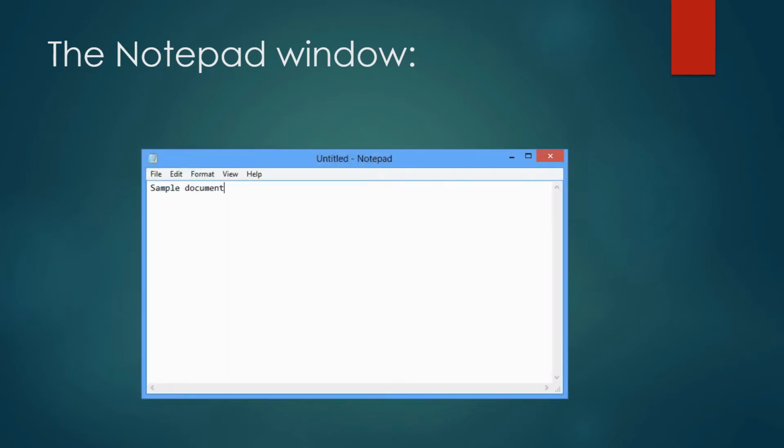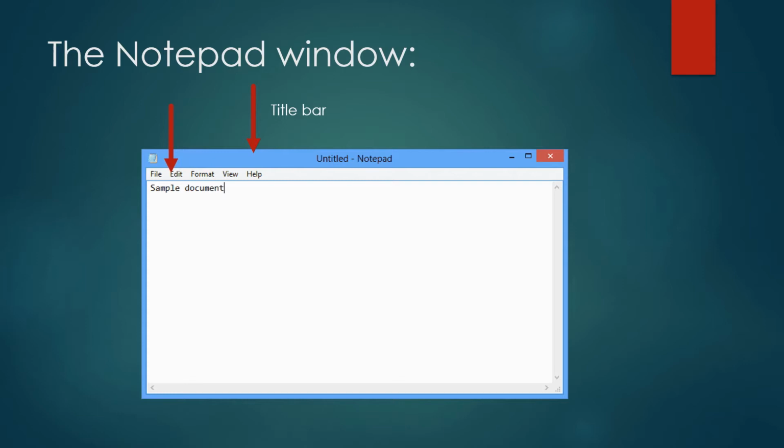Now we will see which menus and which bars are there. First one, title bar. Title bar is the topmost bar. It is called the title bar. Second one, below the title bar there is the menu bar.